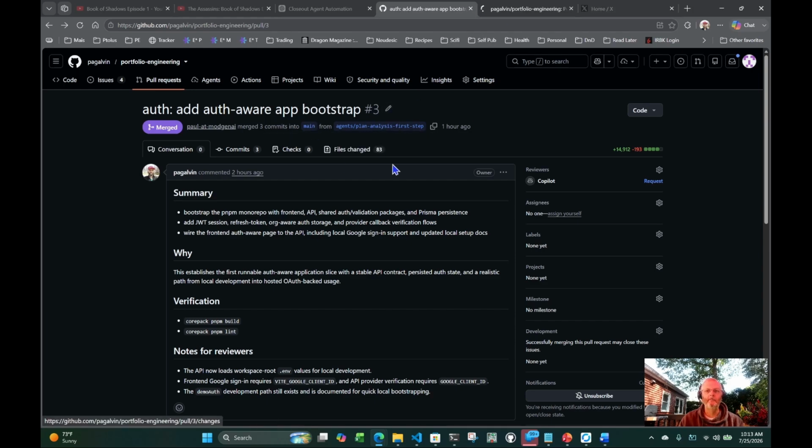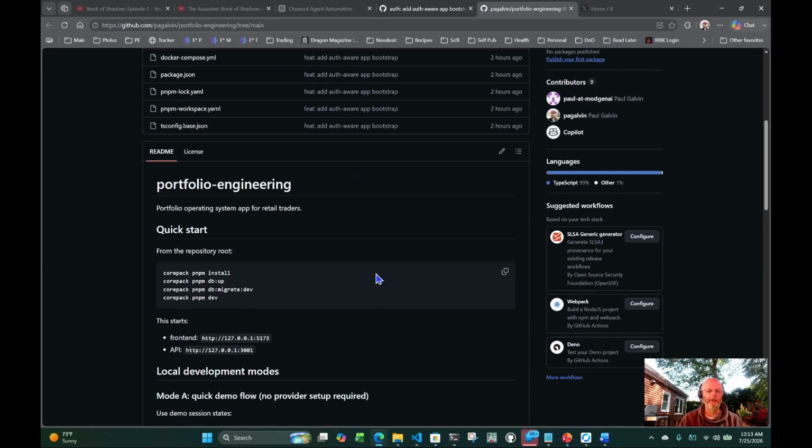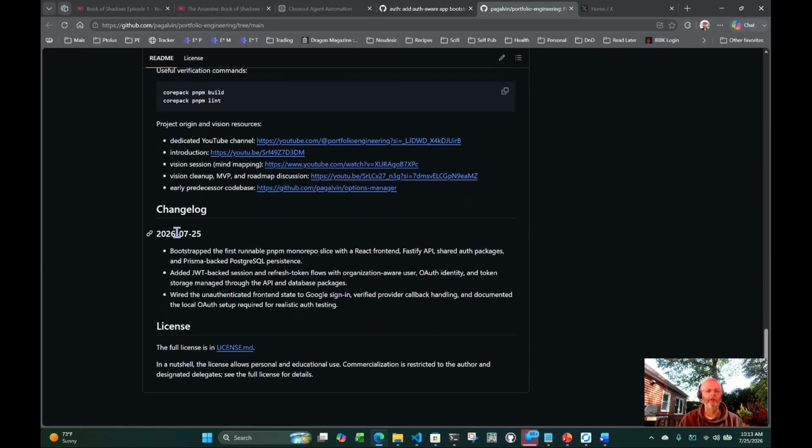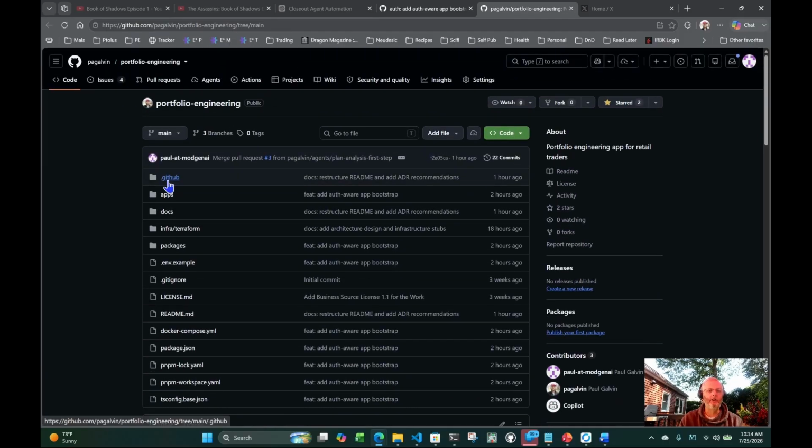It's in main. And if we look at the README, you'll see in here that there's a changelog. So this is a changelog. I just went in and updated it. Pretty useful thing. We all should normally be writing and updating changelogs, and here we go. It went and it did it for me. So that's wonderful. Another thing that it did, if we go into the code here, if we look at the